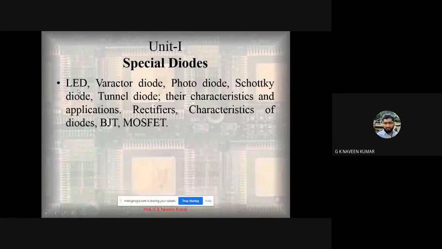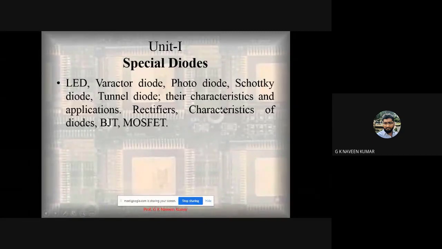That has peculiar characteristics like Zener and avalanche breakdown. Those topics need to be discussed in analog electronics. Even though it is not in the syllabus, we'll be discussing those topics, and we'll be discussing the characteristics and applications of each diode, and what actually is an LED. LED is the most familiar one you might have come across on a daily basis, the light emitting diode.